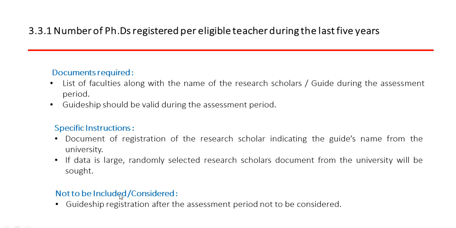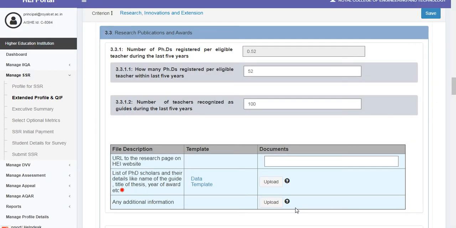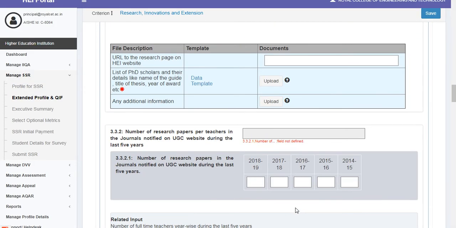What should not be included or considered in this metric is the guideship registration after the assessment period. Going ahead, we have metric